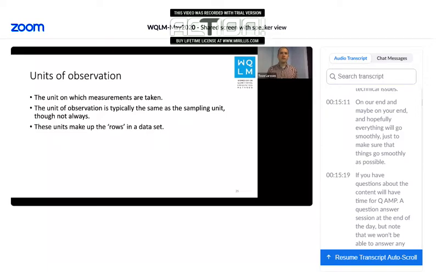we've got our questions, and now we need to think about what it is we're taking measurements on. And our unit of observation is really important. It's something that we don't talk about a lot, but it's crucial that we understand what it is we're taking measurements on, because it's ultimately that unit that we're learning about. So the unit of observation is typically the same as the sampling unit. The unit that